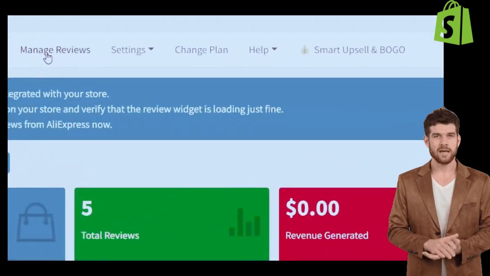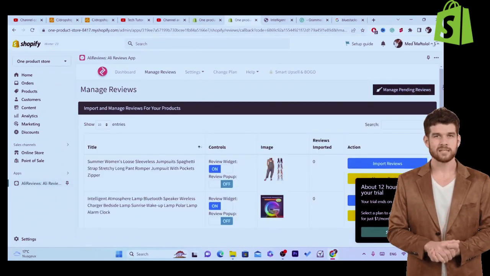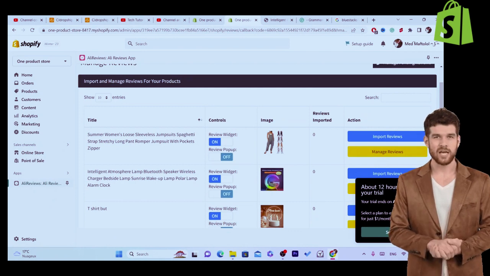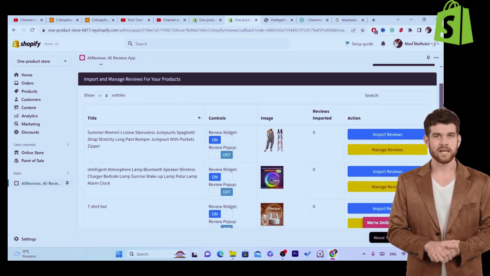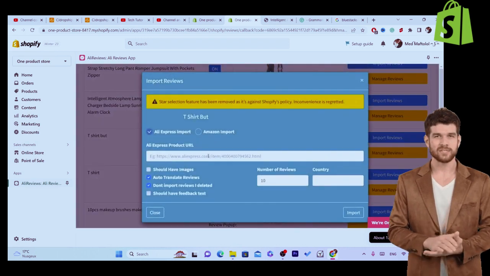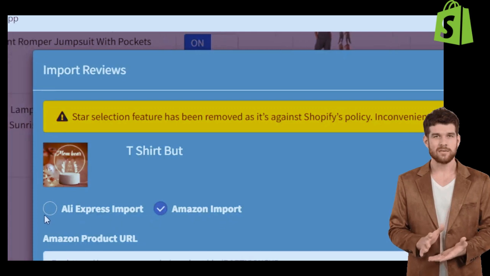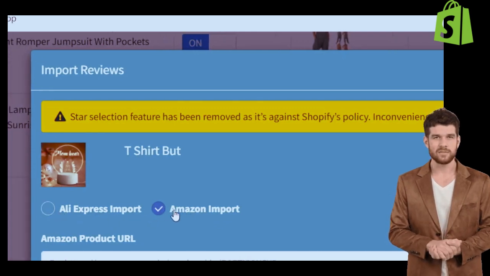Now you want to click on manage reviews in the top, as you can see, and after you click on manage reviews, you will find your Shopify products here. So let's say that you want to add reviews, for example, to this one. On the right, you will find Import Reviews. Click on it. Now you want to select Amazon import, because you can also import AliExpress reviews, but yeah,